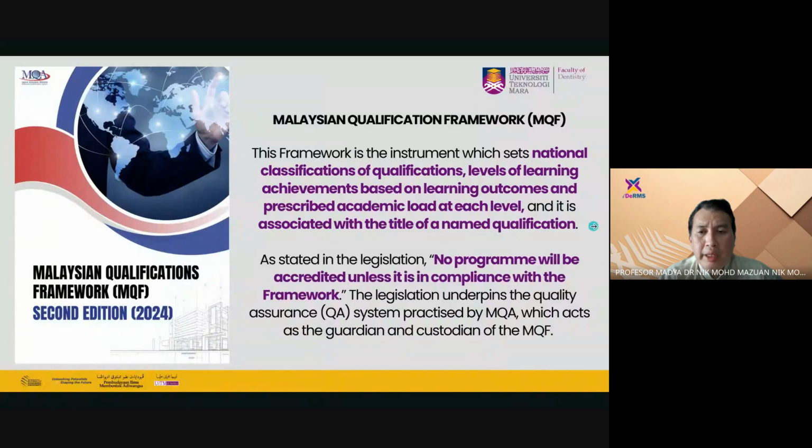and prescribed academic load at each level. So they set a standard for us to produce a program in every higher education institution. Okay, so we need to follow this because this outline is actually based on the legislation. So the legislation says no program will be accredited unless it is in compliance with the framework. So whether we like it or not, we have to